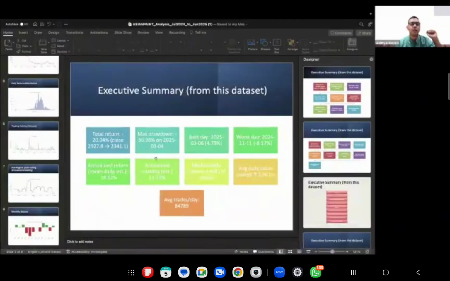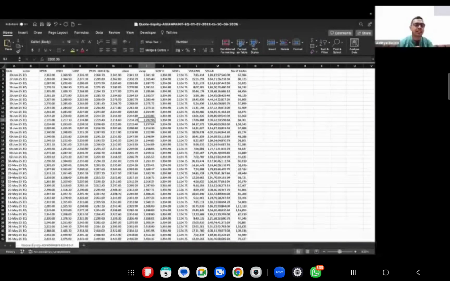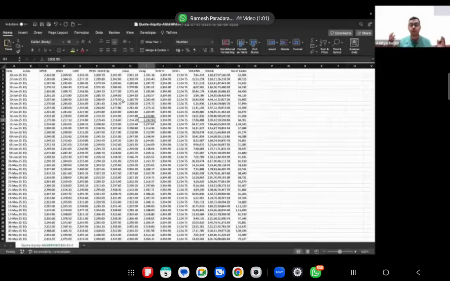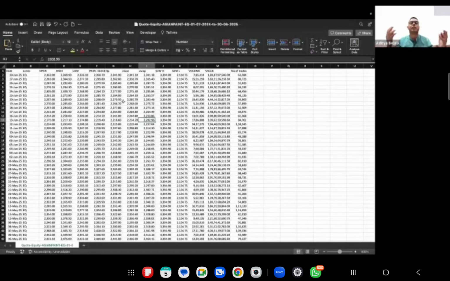If you want to do that, I'll be going to this original data sheet. Whenever a problem is thrown at a student or at a member of my community, what do they do? They do not worry about it. They don't ponder about it. They try to solve that particular problem with the help of AI. So if my data security is a concern, I'll be using the AI features inside Microsoft Excel in order to create an Excel dashboard for me.